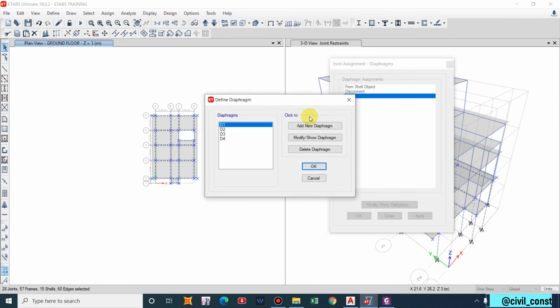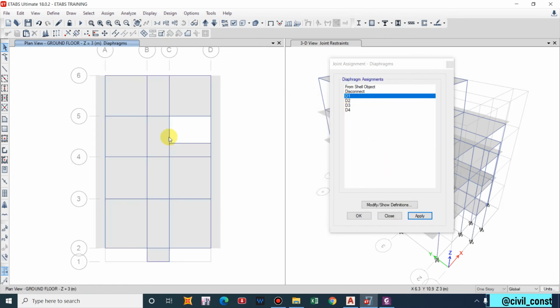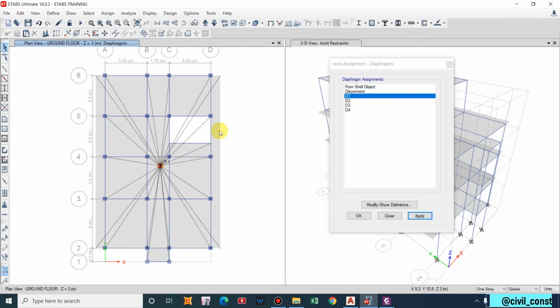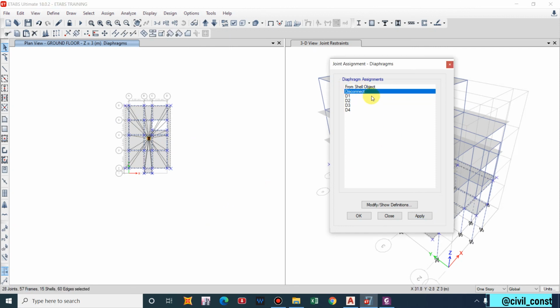You can also modify from here, or you can also add new ones. So apply. So diaphragm has been assigned to floor 1. And if you want to delete the diaphragm, then select all, Disconnect, then it will be disconnected. Okay, but for now let us select D1, and for the next floor